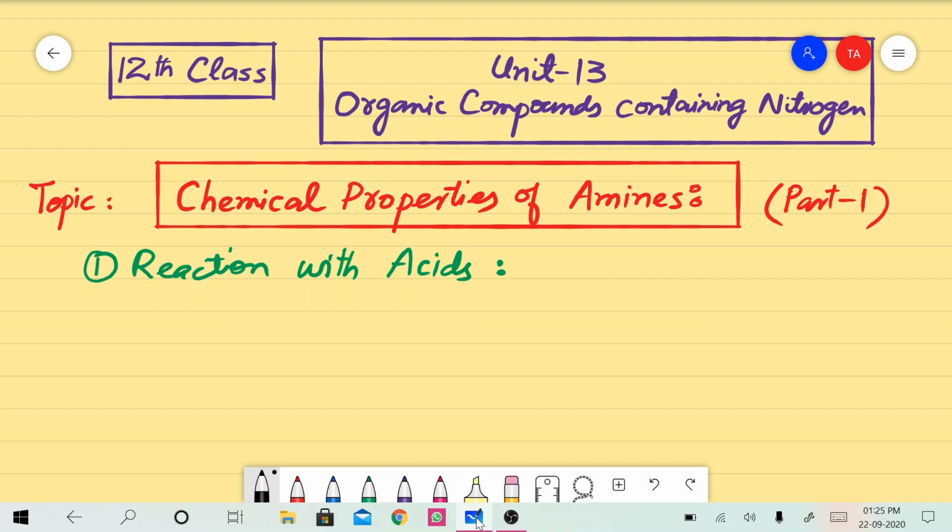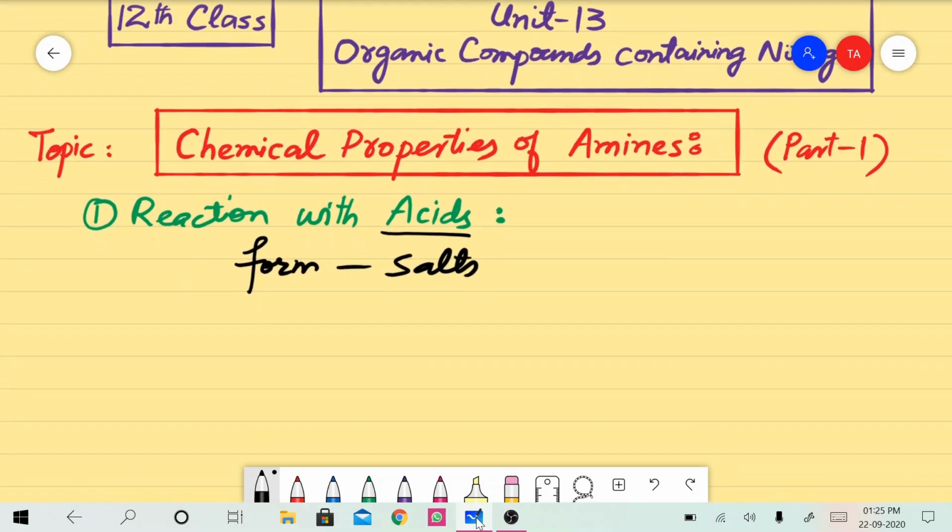जैसा कि हम जानते हैं, amines are basic in nature because of presence of lone pair of electrons. Therefore, they can react with acids to form salts. Now, all the three types of amines, that is primary, secondary, and tertiary amines, react with acids and form salts. For example,